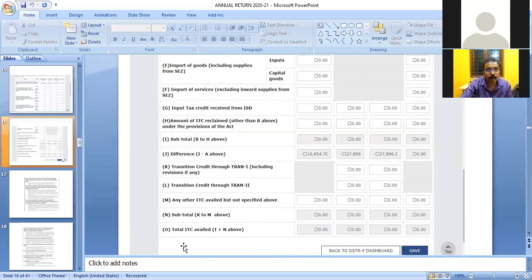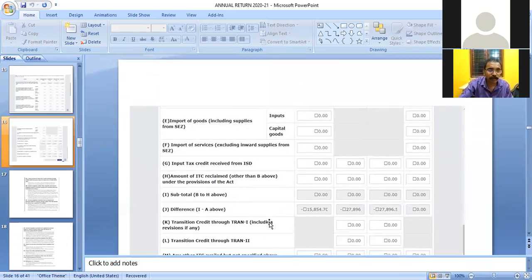Then comes column O, total of ITC availed. I is the subtotal of B to H and N is the subtotal of K to M. Then total ITC availed will be displayed here. It is a non-editable field; you cannot edit the field.